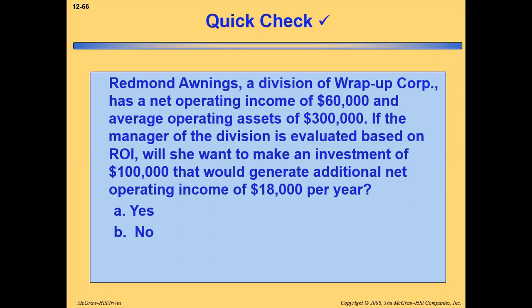A division of a company has a net operating income of 60,000, operating asset 3 lakh. If the manager of the division is evaluated based on ROI, will she want to make an investment of 1 lakh that would generate additional net operating income of 18,000 per year? So আপনাকে এই ধরনের কোশ্চেন সলভ করতে হলে দেখতে হবে যে আগের ROI ছিল কত, 20%। তো এখন আমাদের নতুন যে ইনভেস্টমেন্ট বা নতুন যে অপারেটিং ইনকাম এটা অনুযায়ী আমাদের ROI এর ঠিক কতটুকু চেঞ্জ হলো। ROI যদি বেড়ে যায় দ্যাট মিন্স উইল ইনভেস্ট অন দ্যাট প্রজেক্ট, আদারওয়াইজ উইল নট ইনভেস্ট অন দ্যাট প্রজেক্ট।